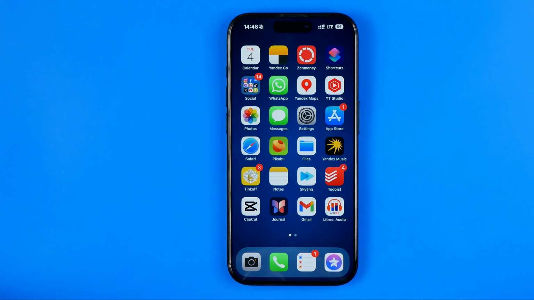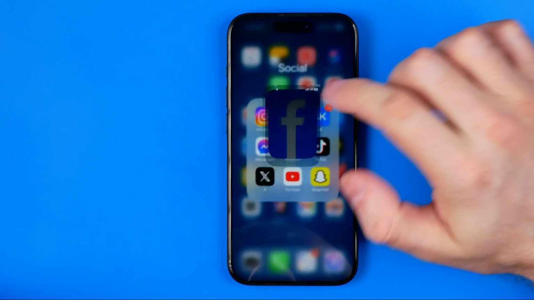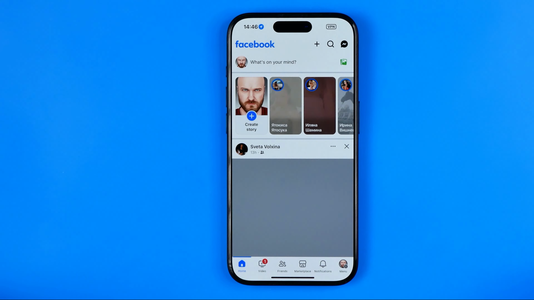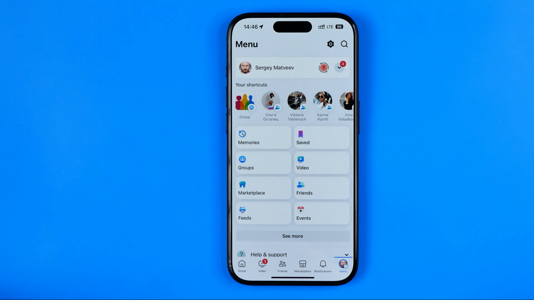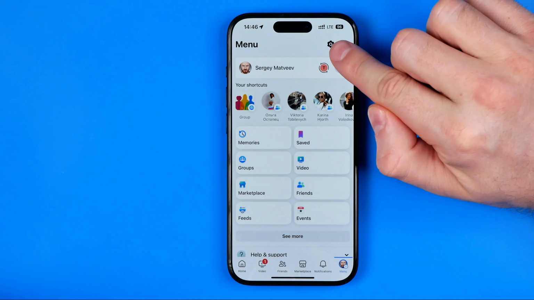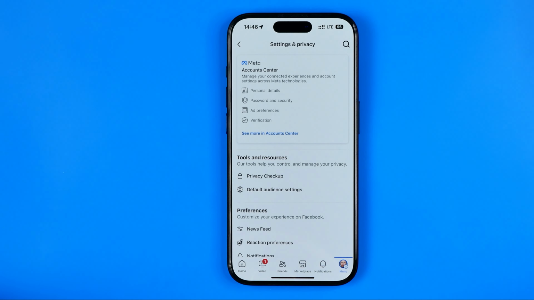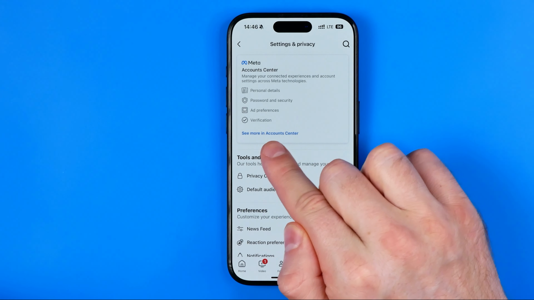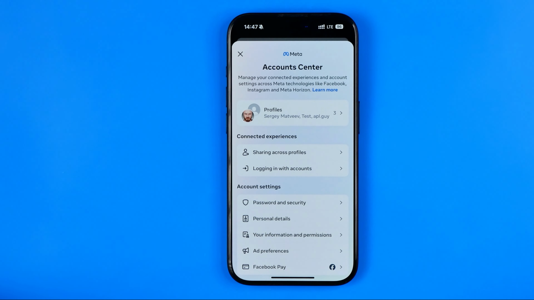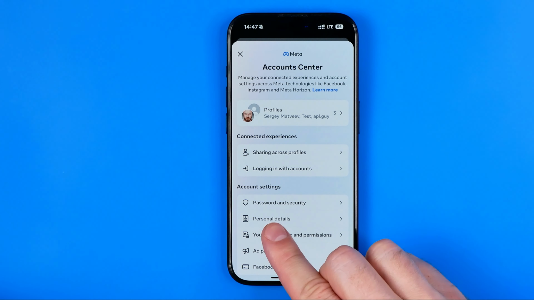Let's get started, guys, and first off we need to open up Facebook app. Once it is done, tap right here to go to menu. On menu, tap at that gear to head over to settings and privacy, and then tap at see more in account center. You will be taken to the Meta account center where right here you need to tap at personal